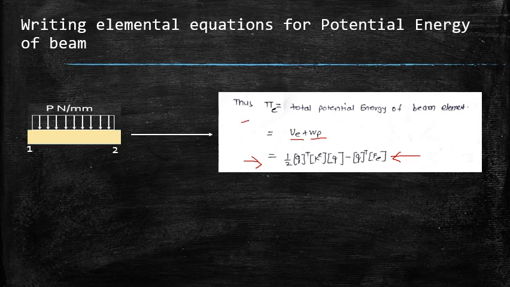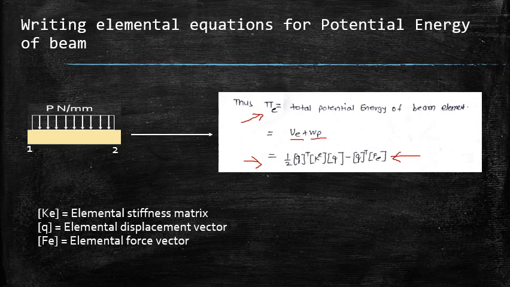Here this pi is nothing but the total potential energy, which is a functional, I repeat, a functional. I am using the word functional, not function. A functional may be called a function of a function, and this functional, the total potential energy, plays a very significant role in the formulation of finite element equations. So elemental potential energy is equal to half q transpose ke q minus q transpose fe,